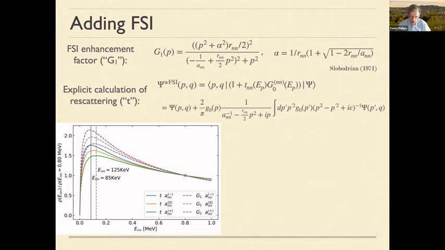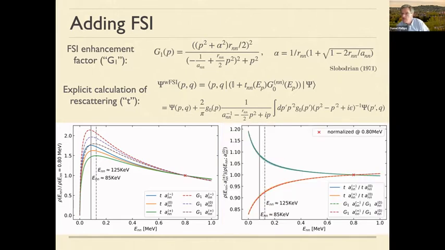But as I will now indicate, it doesn't even matter if you don't trust the second one more than the first one, because if you divide by the shape of the spectrum at the nominal value, you can probably already see this on the slide, then the sensitivity to how you implemented the FSI goes away completely. So the relative change in the shape compared to the recommended value is robust under different implementations of the FSI, because the change in the shape is exactly that: the peak gets higher and moves to lower E_nn, and that is true no matter how you implement FSI.